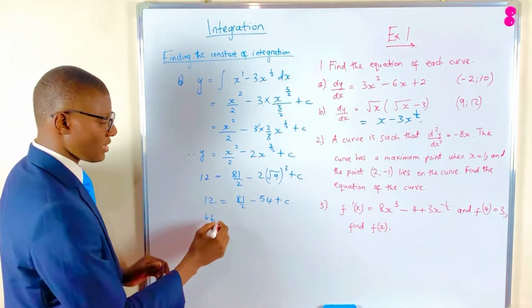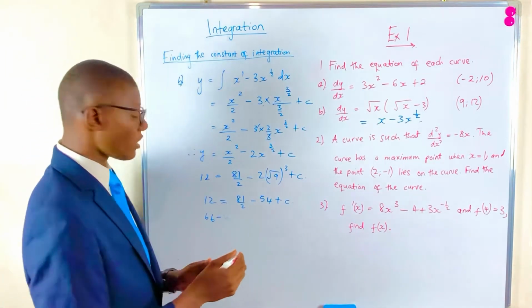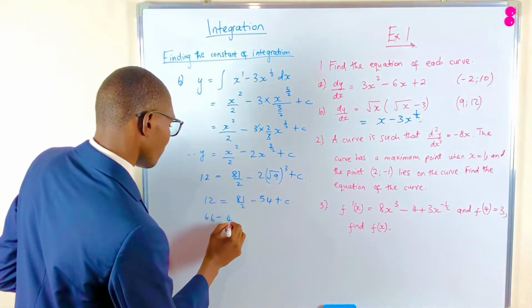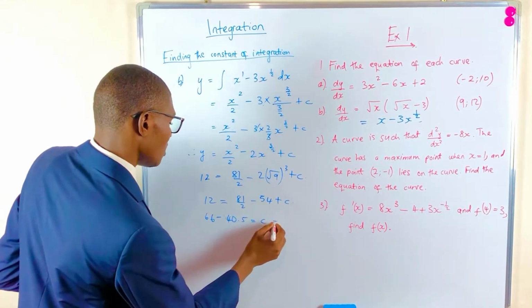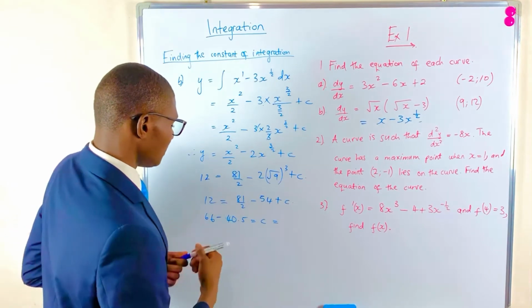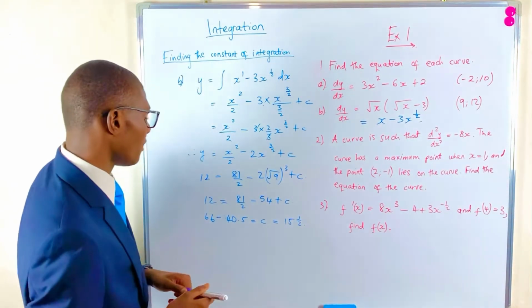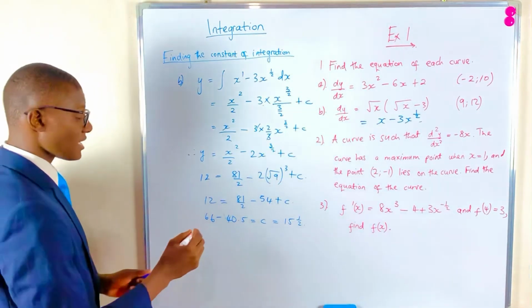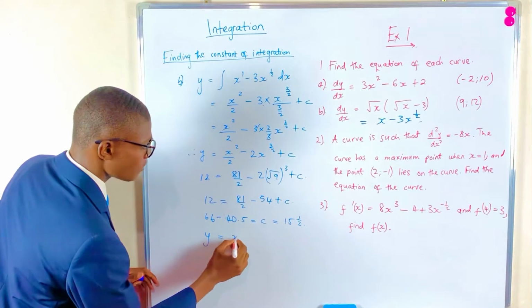66. Then 66 minus 81 over 2, 81 over 2 being 40.5. This should give us the constant c, which will be equal to 15.5. Right, so this is c, such that the full equation would be y is equal to x